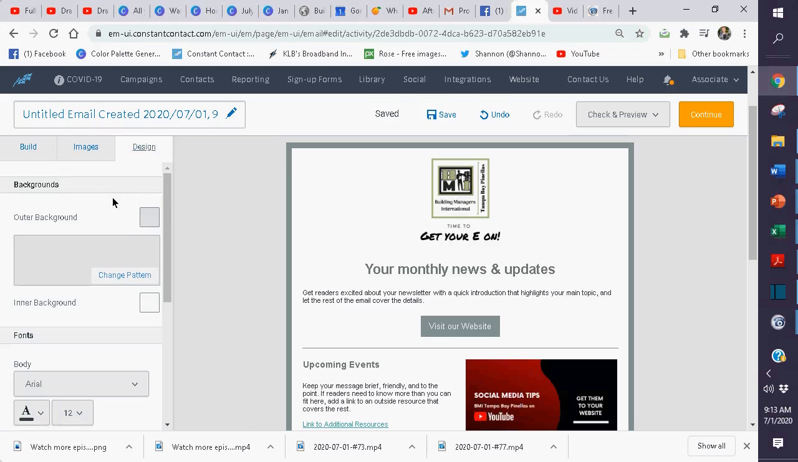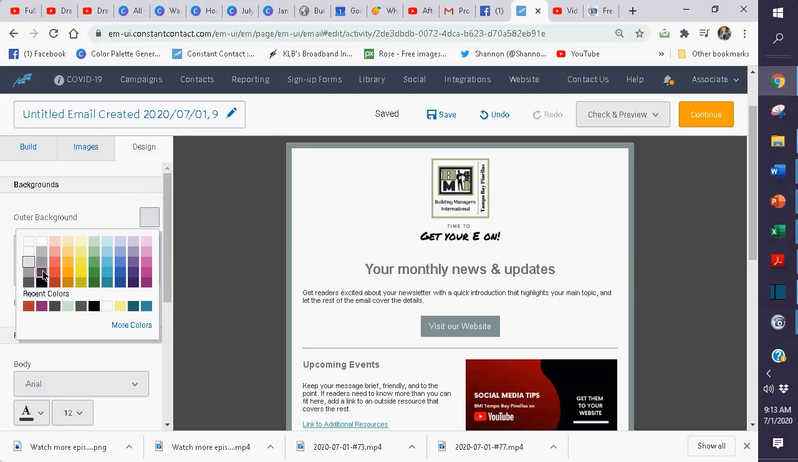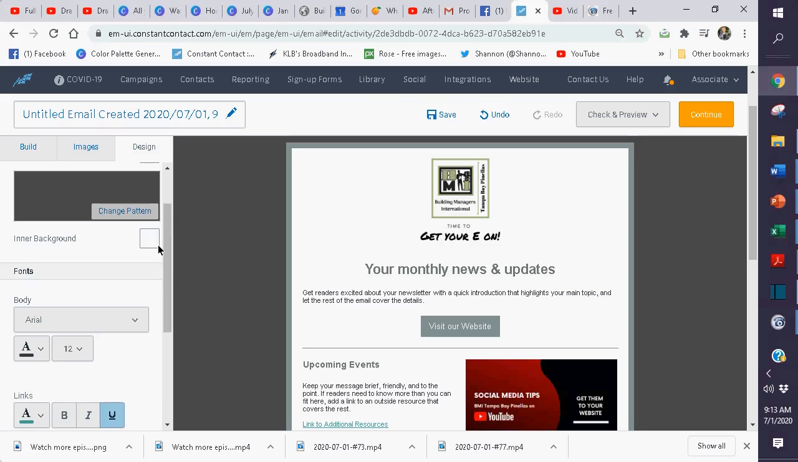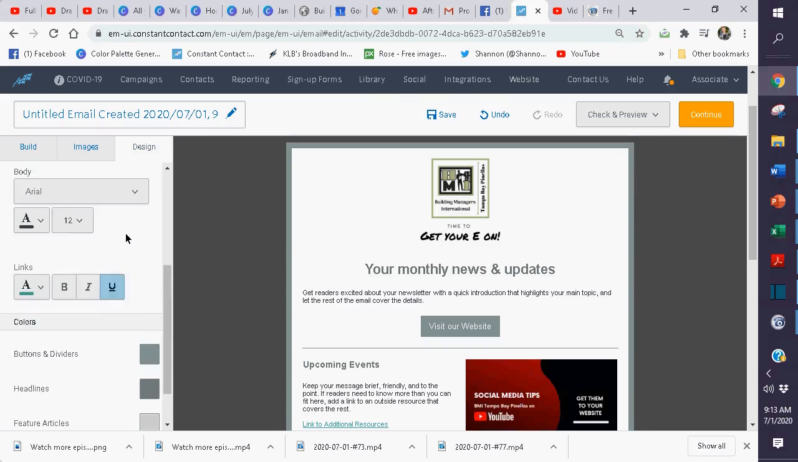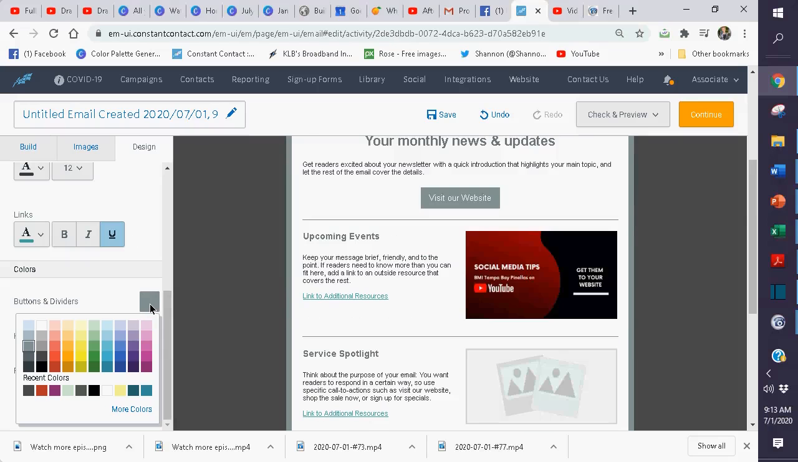build. Okay, so let's design. Click on design. So there's your outer background, which is this part background right here, which I think is so ugly. I like to go real dark with it. And then you have your inner background, which is this area right here that you want to keep white usually. And then here is your buttons and dividers,